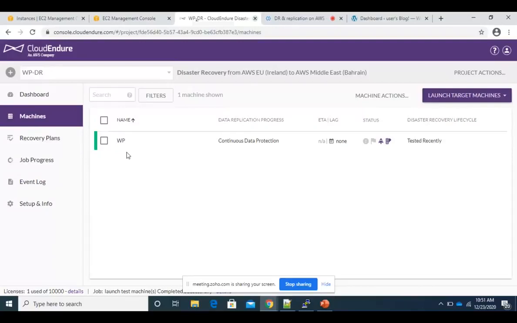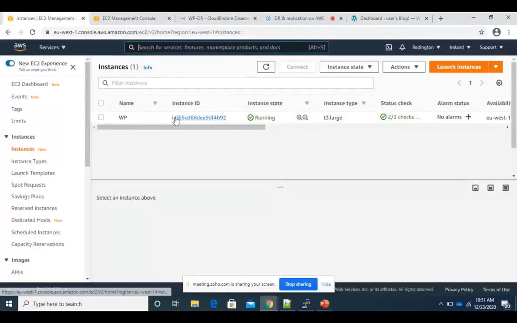So I'll just walk you through the setup. We have a very simple WordPress application running in the AWS Ireland region, and we wanted to set up a disaster recovery for this particular application in the Middle East Bahrain region.